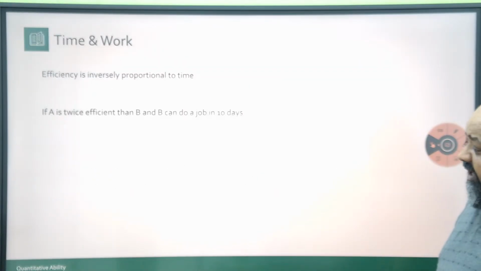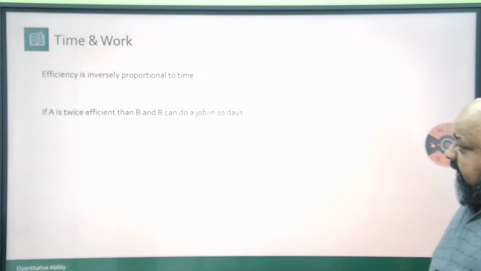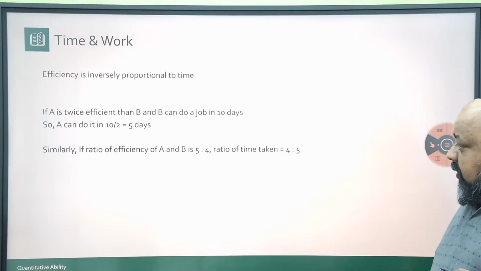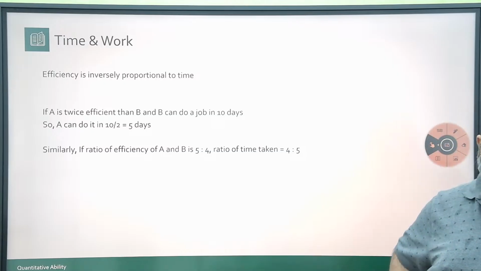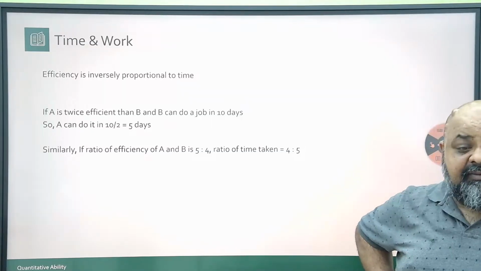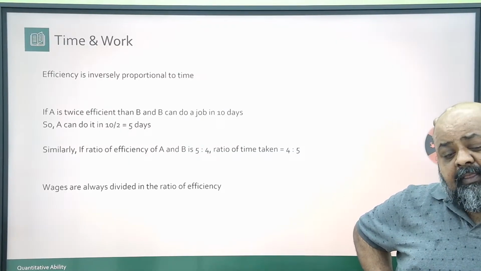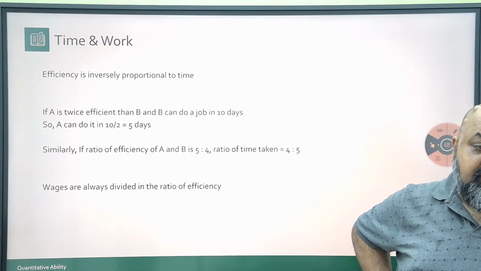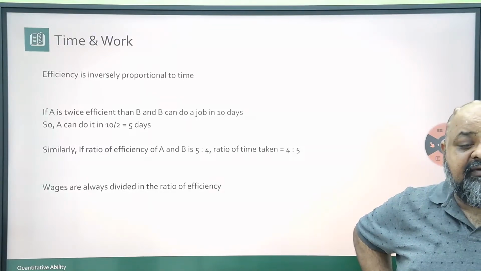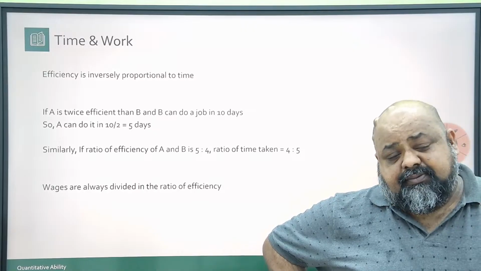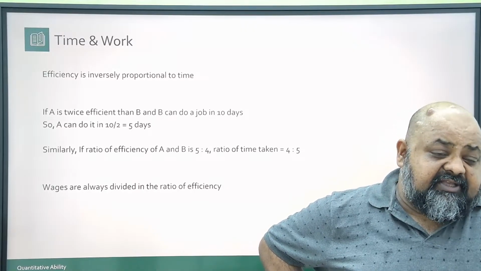Efficiency is proportional to time taken to do the work, and therefore if A is twice as efficient as B and B takes 10 days, A will take half the time, 5 days to do the work. If the ratio of efficiency of A and B is 5:4, the ratio of time taken will be 4:5. And when A and B work and they are paid wages, wages are divided according to the work that they do. So if A does 10 units, B say 4 units, wages will be in the ratio